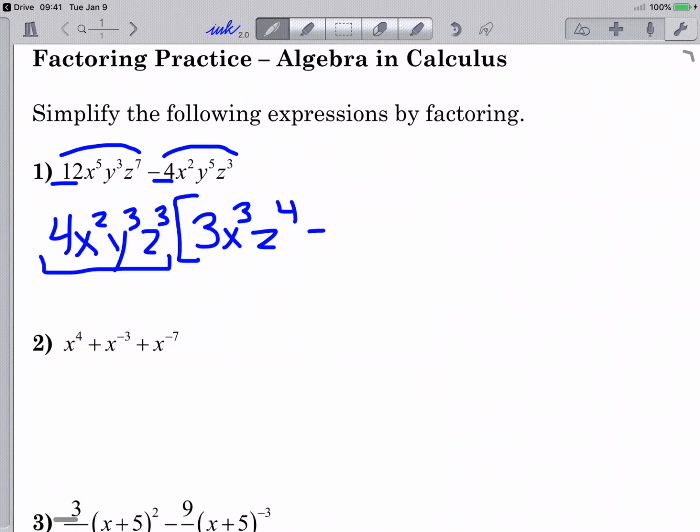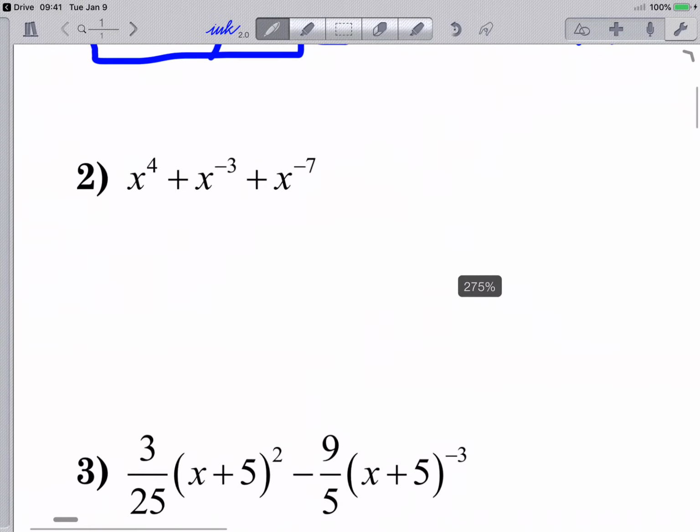Now the next term, I pulled out 4, so 4 divided by 4 is 1. I'm not going to bother writing a 1. X squared divided by x squared is 1. Again, I'm not going to write 1. 5 minus 3 is 2, so I've got y squared. 3 minus 3 is 0, so I've got z to the 0, which is, whoa. And we're going crazy now. So I had y squared, and I had z cubed over z cubed, which is just 1. So this is what I would get when I factor. So that's very basic, but all of these same rules are going to apply even when we get to some